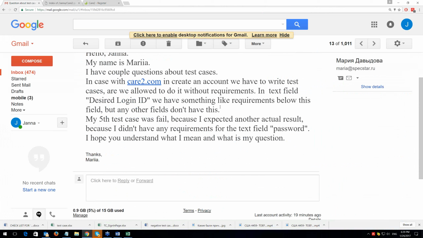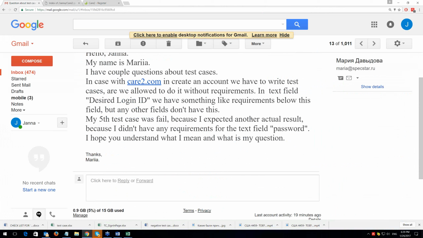Are we allowed to do it without requirements? Yes, my dear. Of course, we know the wonderful golden rule: no requirements, no test cases. By the way, it is a tricky interview question. How many test cases can we write without requirements? And of course, everyone will answer 0. Nothing. No requirements, no test cases.